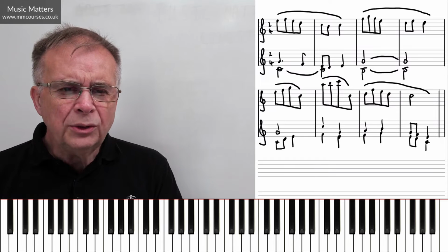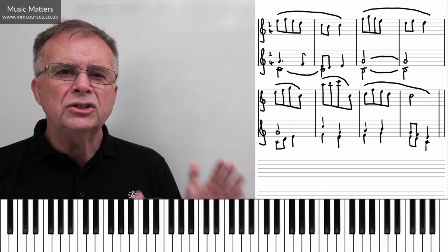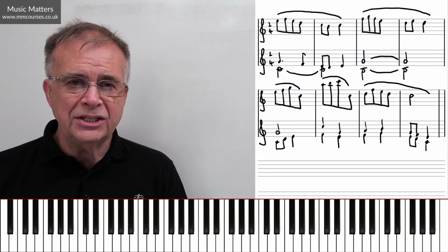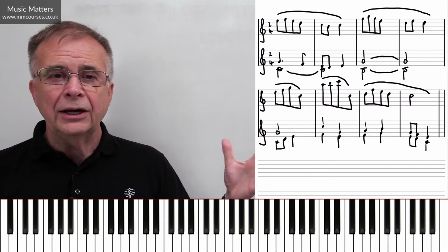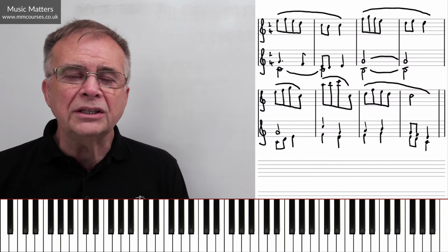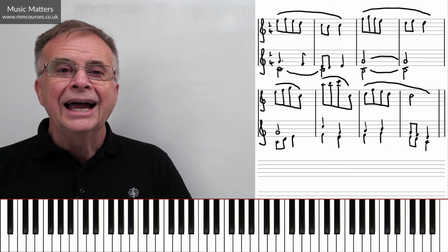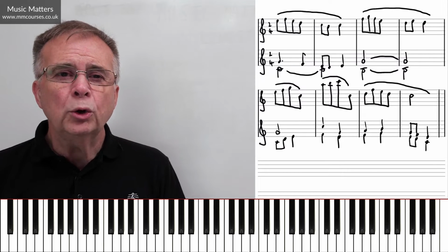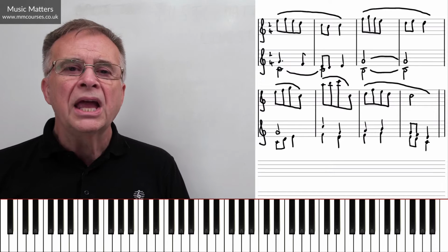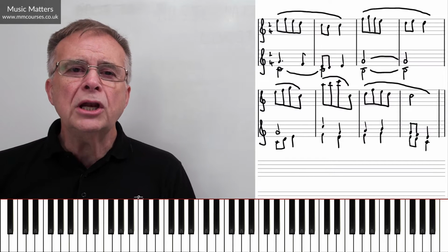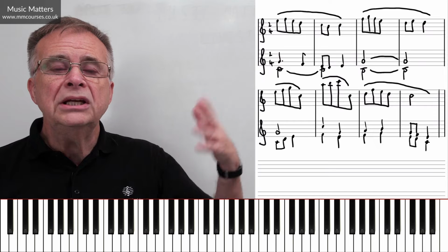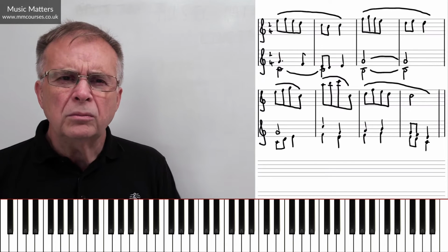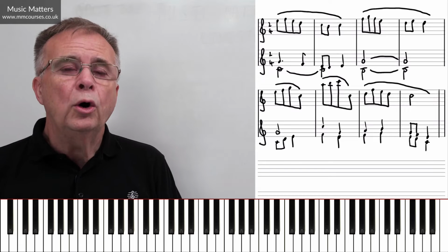So what we're doing in this example is using two kinds of non-chord tones or inessential notes. Again, I'll try and deal with the terminology that happens both sides of the Atlantic, and you can take your pick. We've got in England things we call auxiliary notes, upper auxiliary notes and lower auxiliary notes, known in other parts of the world as neighbour tones. So what's an auxiliary note or a neighbour tone?